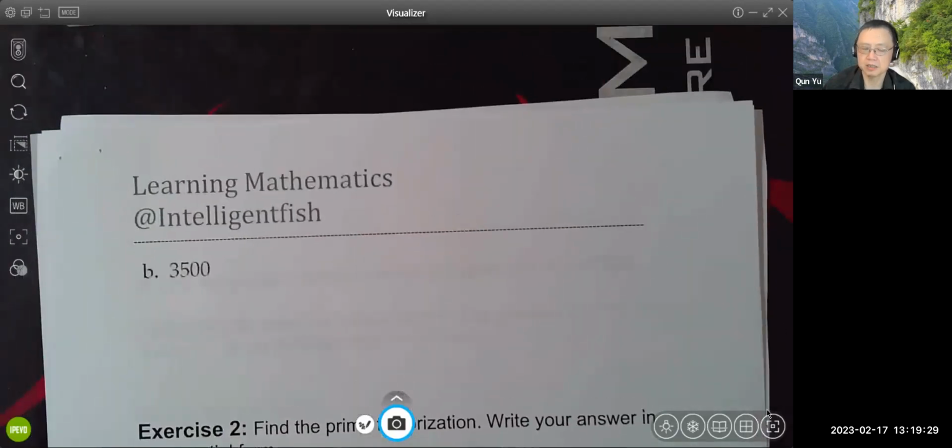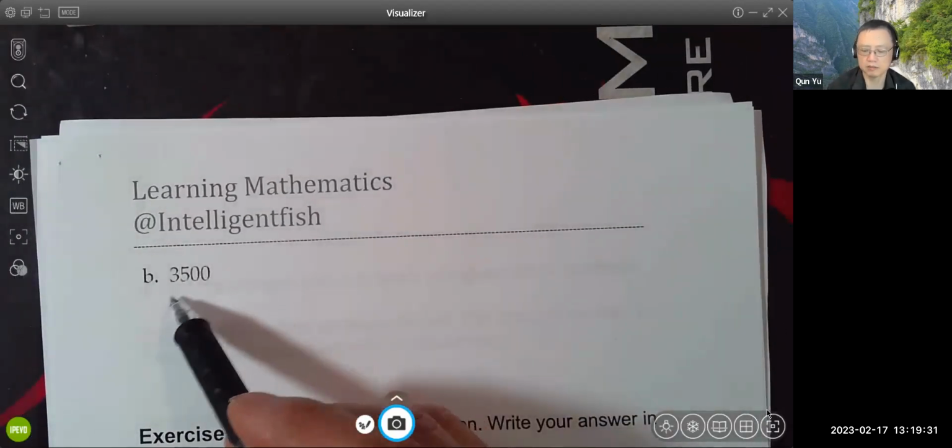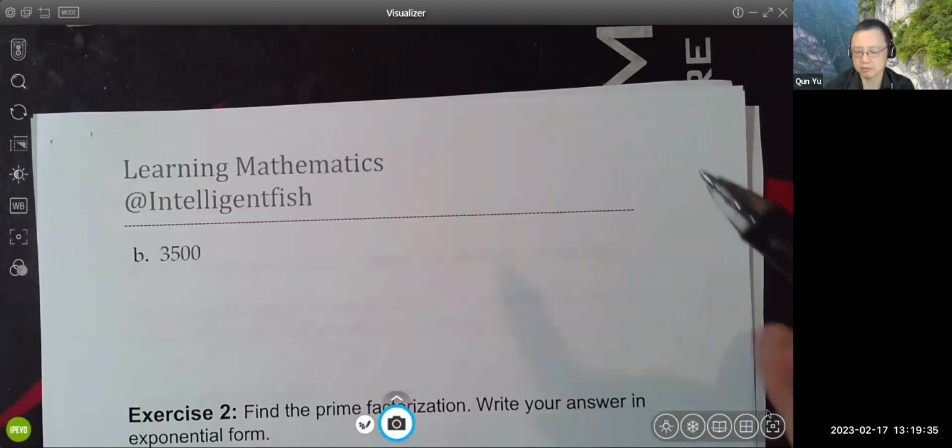Now we have a big number. So imagine if you use a tool first, and you divide many twos before you can reduce this number to a relatively smaller number. But if you use a second approach,